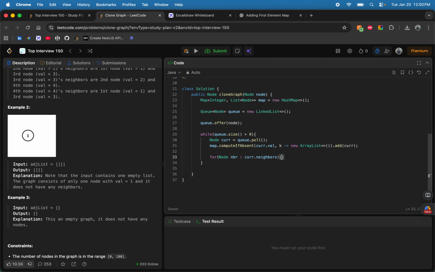Okay, so it will be also compute if absent, then table dot val k new array list dot add. So it should be